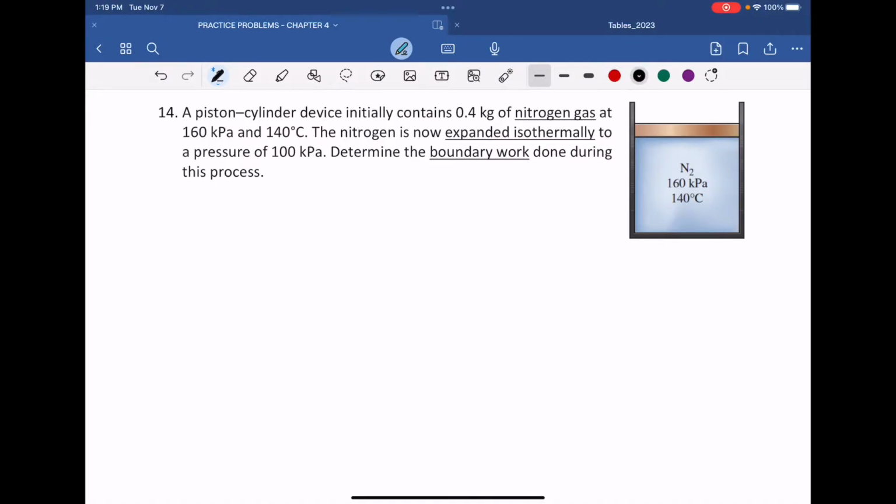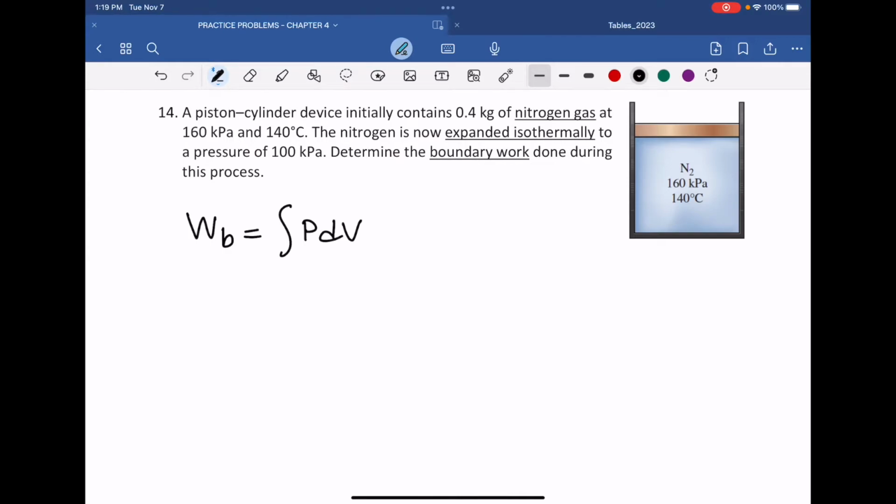There is a piston cylinder device that contains 0.4 kilogram nitrogen gas at 160 kilopascal and 140 degrees Celsius. The nitrogen is expanded isothermally to a pressure of 100 kilopascal. And what is the boundary work? Okay, this is similar, but in this case we are told that pressure is changing from 160 to 100, and it is isothermal. So when we are trying to calculate the boundary work,